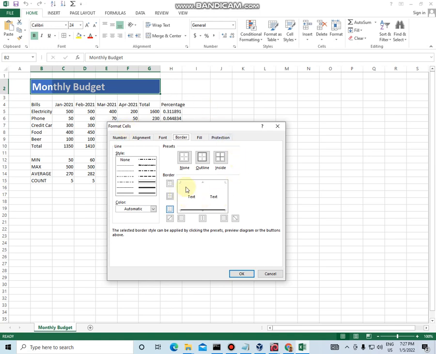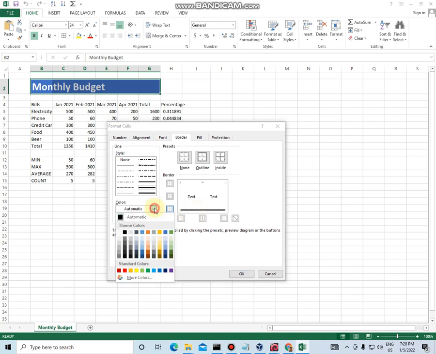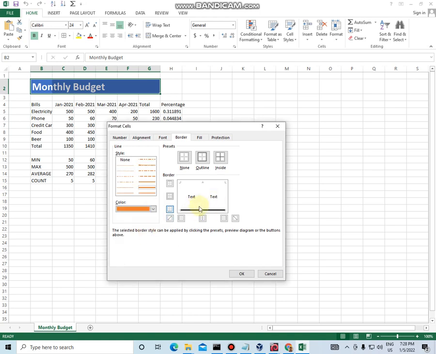Over on the right here you can see this is the preview window, and if I pick from the style section, here's the style section, maybe a different thicker border. Here you see it didn't change anything, but if I left click with the mouse, you see it updates the changes. Of course I can pick color. For example, if I want orange, in the preview window it didn't change anything, but when I click on this line, it changes the color of the line.